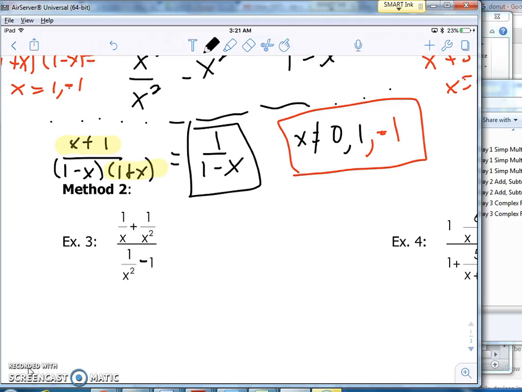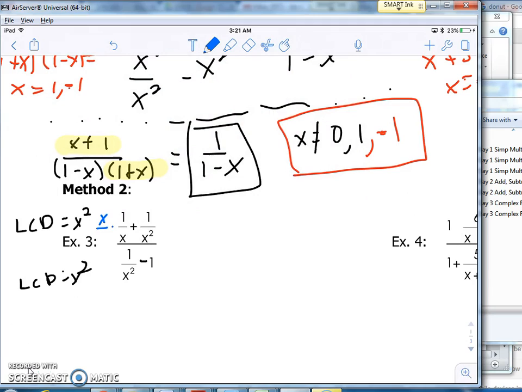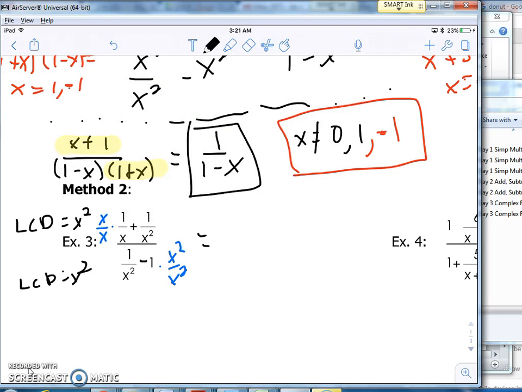So to do that, you would say the LCD for the top is x squared. The LCD for the bottom is x squared. And then I think to myself, what do I need to get x squareds? Well, I need x over x for this one. I need x squared over x squared here. And this will then become x over x squared plus 1 over x squared all over 1 over x squared minus x squared over x